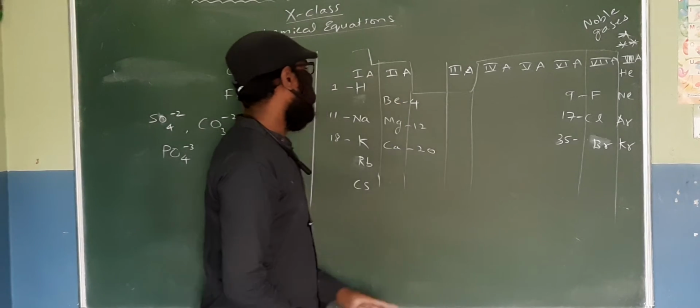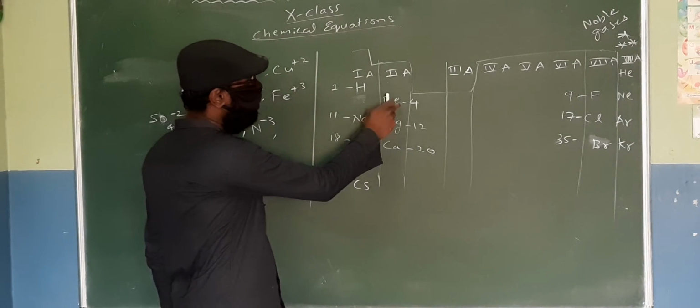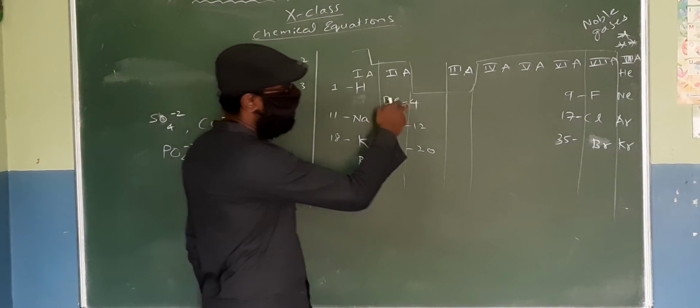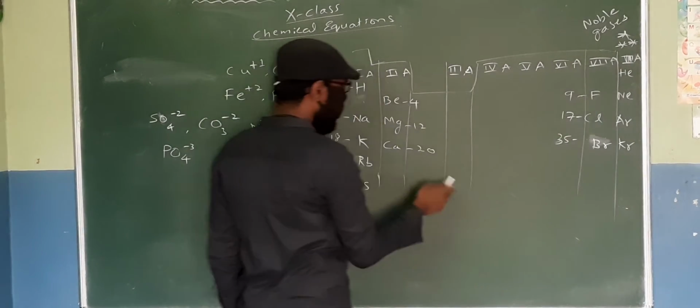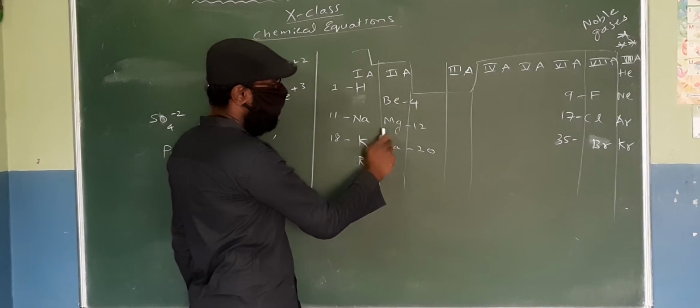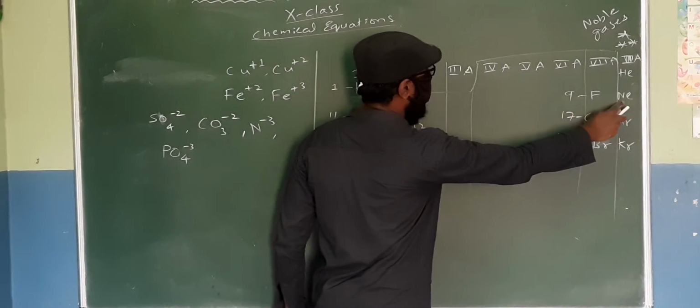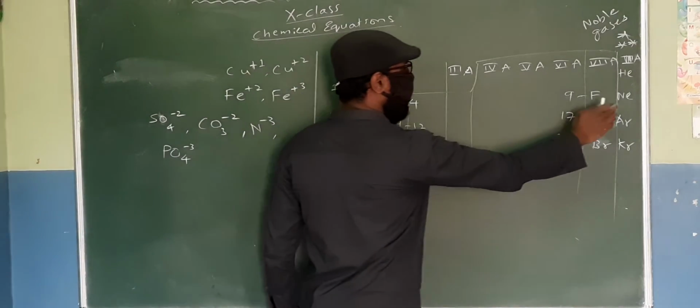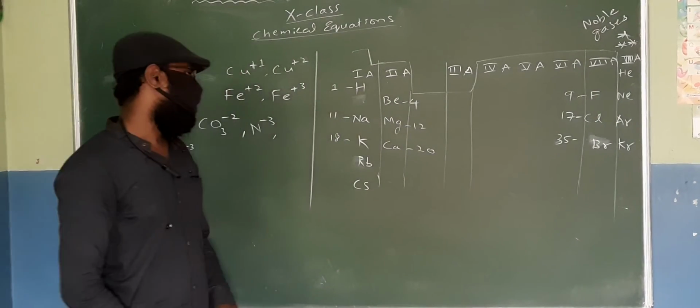Now look at 2a here. The two elements have to lose 2 electrons to become like 8a. Like beryllium, if it loses 2 electrons, then it will become helium, which has 2. And magnesium, as I said, neon has 10 electrons, and if magnesium loses 2 electrons, it will become like neon, which has 10 electrons.